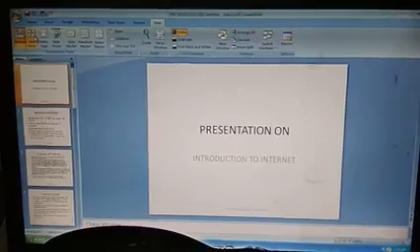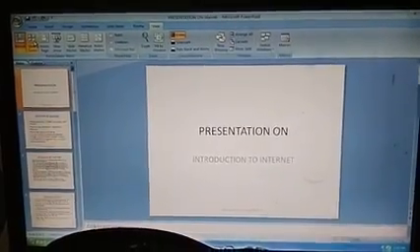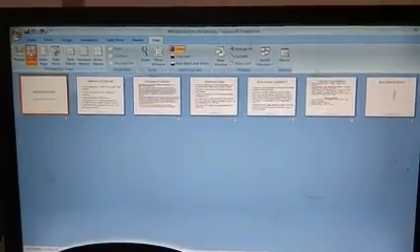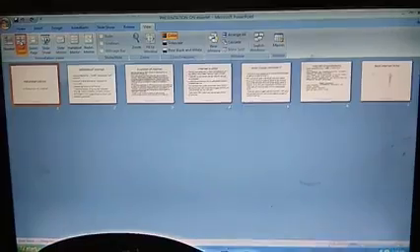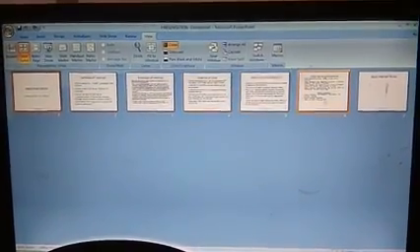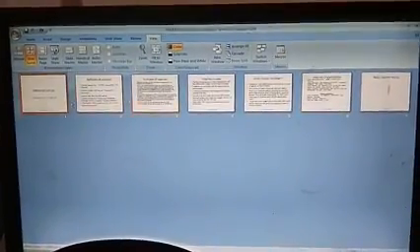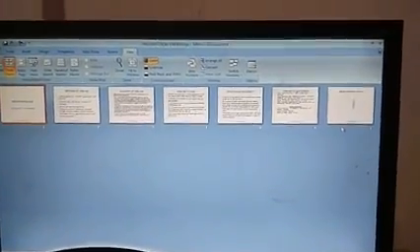When I say slide sorter view, if I click on the second icon, I am capable of seeing all my slides on one screen. Suppose it now has 7 slides in one single row.